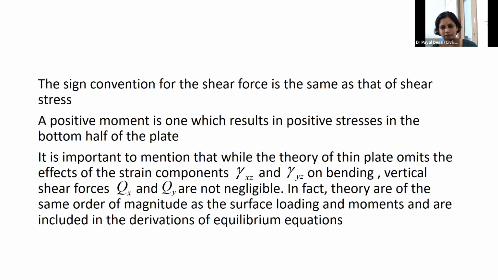In the process, in case of beam, we get rid of only one, gamma xz. Here in case of plate, we have two, gamma xz and gamma yz. But at the same time, in beam also, we can't neglect shear forces, right? They are already there. So shear forces in case of plates are qx and qy. Just like we are using a single symbol in case of beam, here we have to choose two symbols in x and y direction. So qx and qy. Of course, it is acting in z direction, but we name it qx and qy.